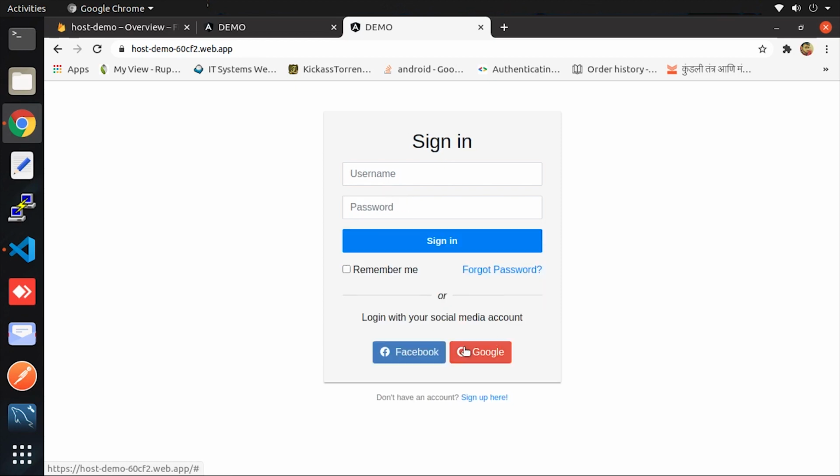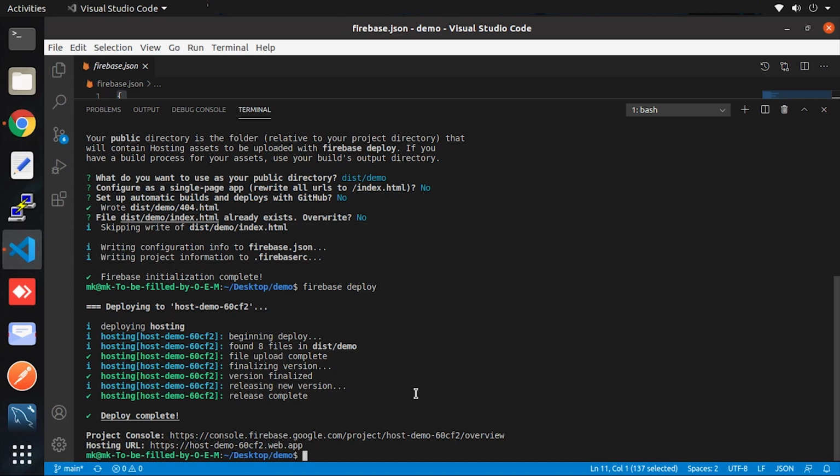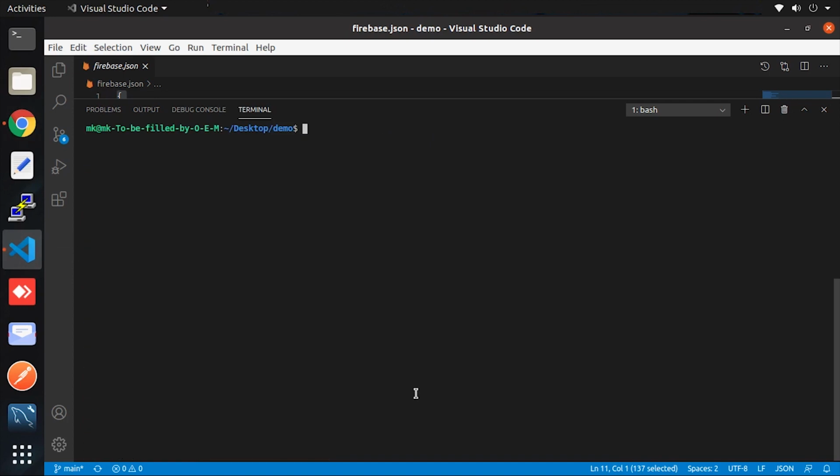Now here I wanted to show you the problem with the routing. See, when I move to another page and refresh that page, the Firebase server gives us a page not found error. Let me first show you on this local project, in which it's already configured. For that, let me run it first.